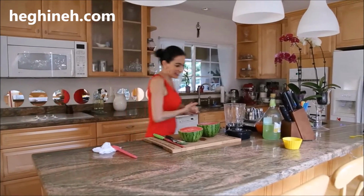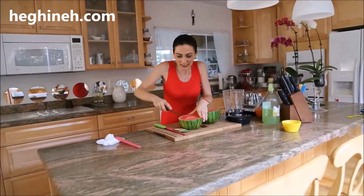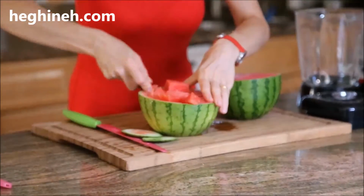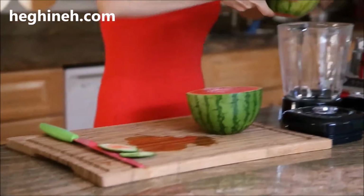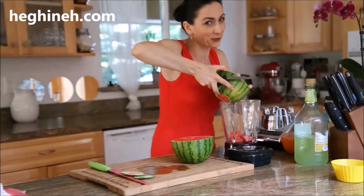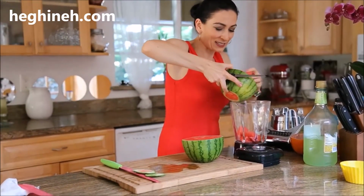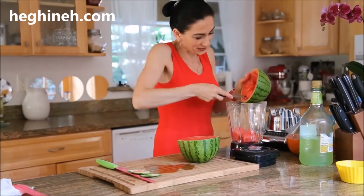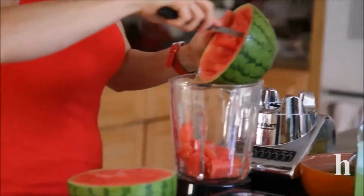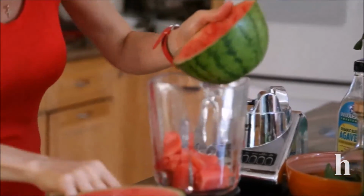Okay. And I'm going to slice it into chunks. We're going to blend this in the blender. This will be both for children and for parents, and we're starting with the children, of course. This will be a watermelon icy for the kids, and something with watermelon